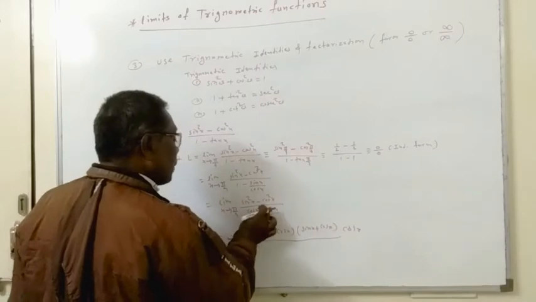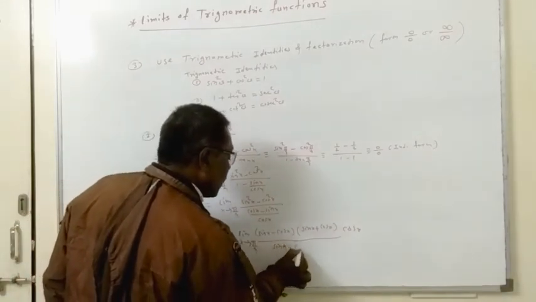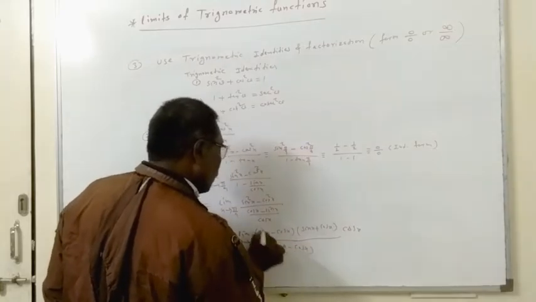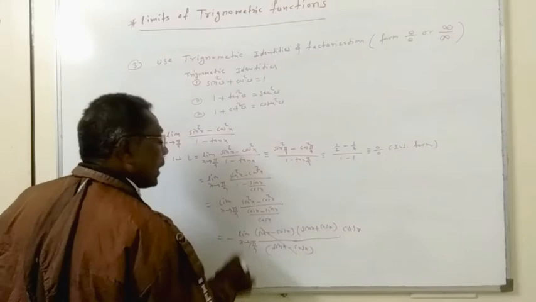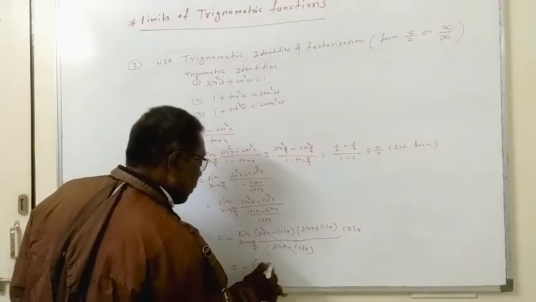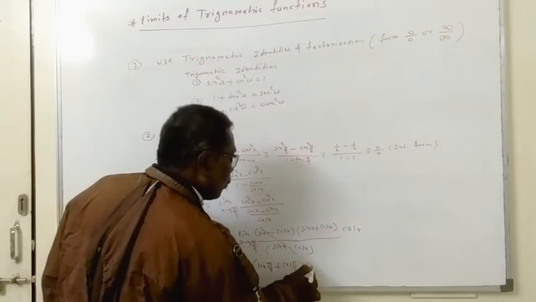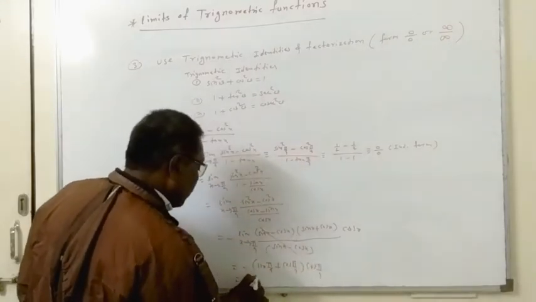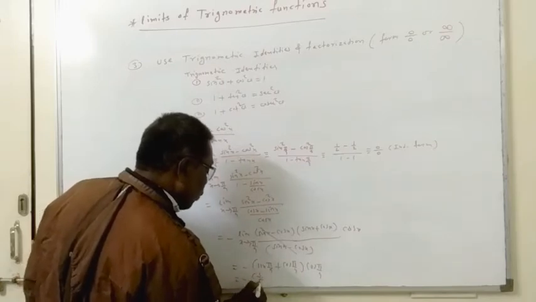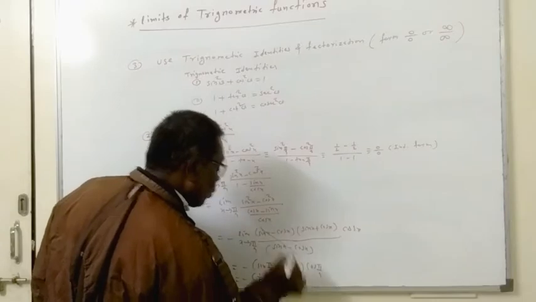Now we have taken the minus sign outside, so this plus and this minus, so we can write here sin x minus cos x. Now this gets cancelled. Now next is the direct method. So minus (sin pi by 4 plus cos pi by 4) into cos pi by 4. So that is equal to minus (1 upon root 2 plus 1 upon root 2) into 1 upon root 2.